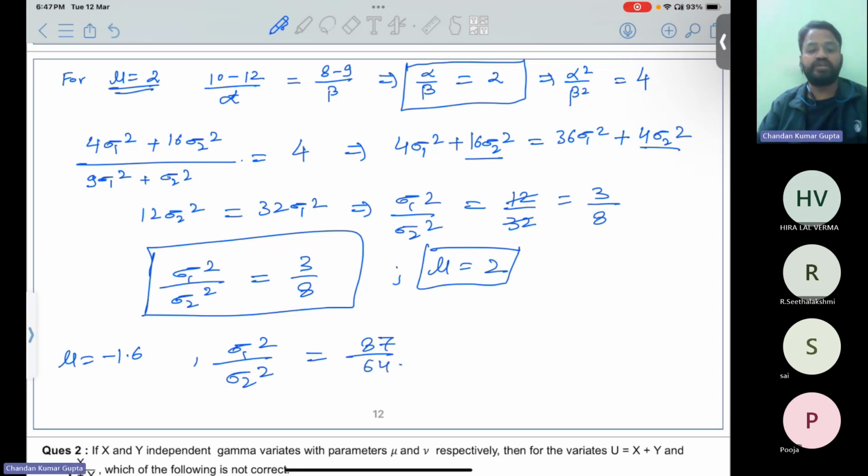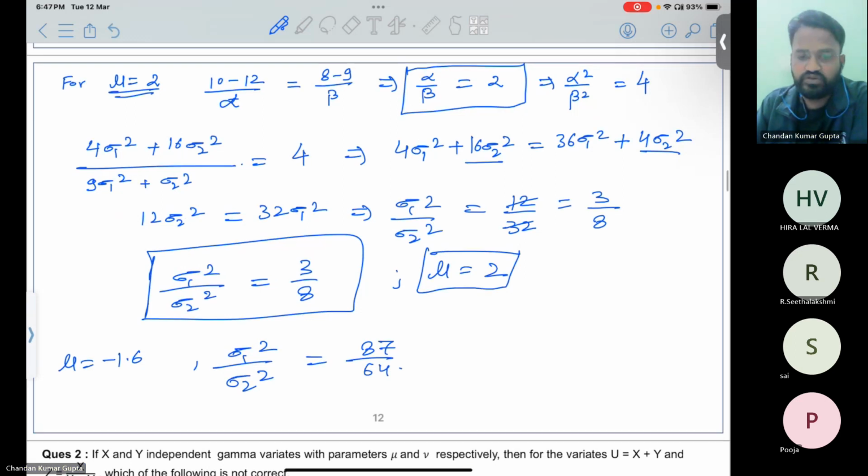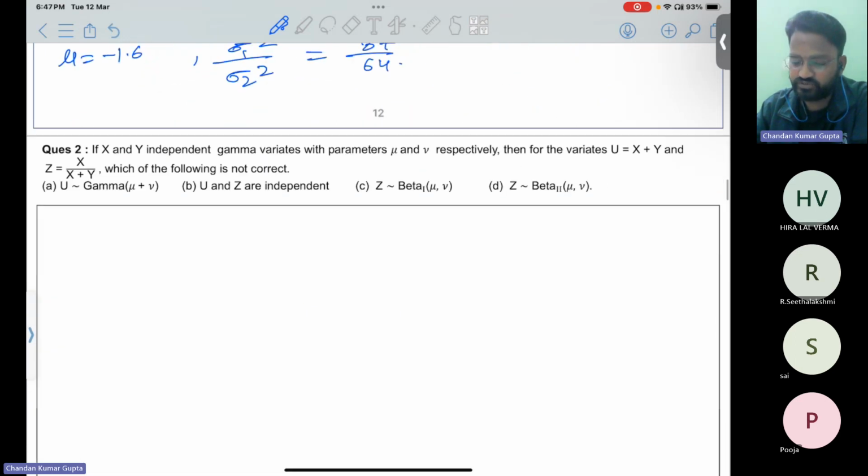Hope you people may understand this. If anyone has any doubt in this question or any step, please ask. We have used the linearity property of normal distribution and the standard normal variate property, and nothing else. Okay, then the next question is like,